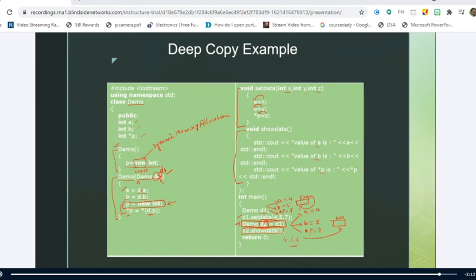Right, so this statement is very much required when you define a copy constructor. Allocation of memory for the pointers using the dynamic memory allocation statement is very much needed. That is the reason why we call it as a deep copy. So you are going to create a separate memory location for the pointers. Is it clear up to this point?